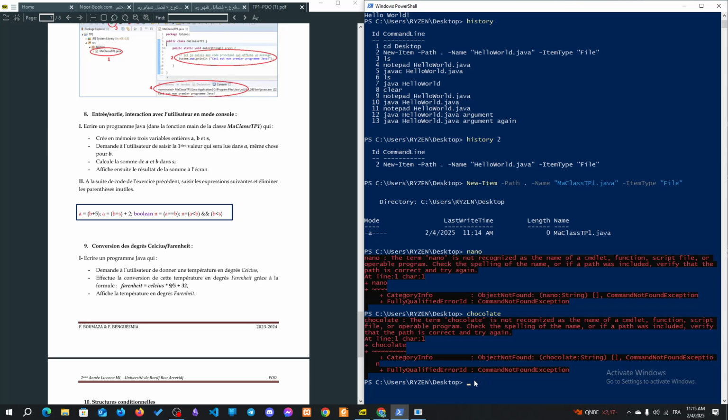Chocolatey is basically a package manager for Windows. So yeah. Anyways, I think I don't have it, but I guess I have it. Anyways, sorry for the interruption and all. Now, so we use notepad,